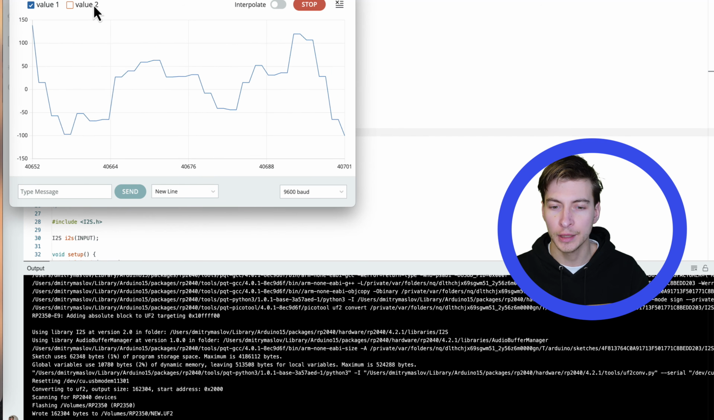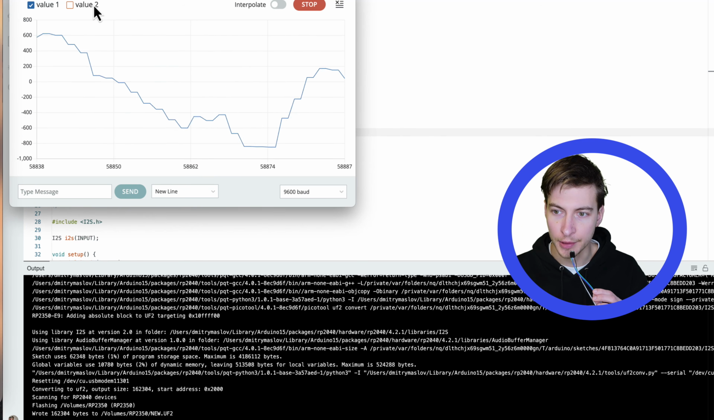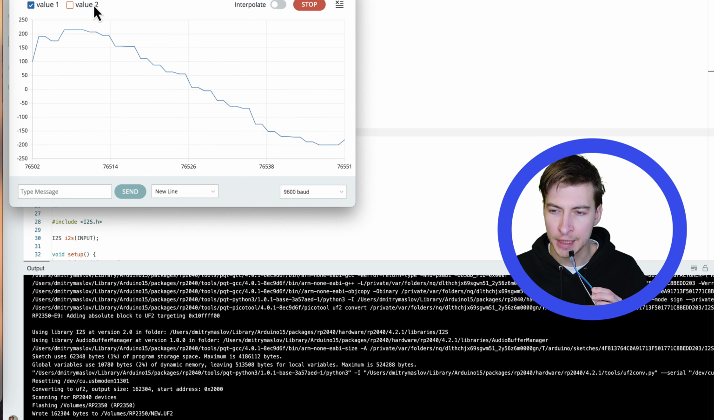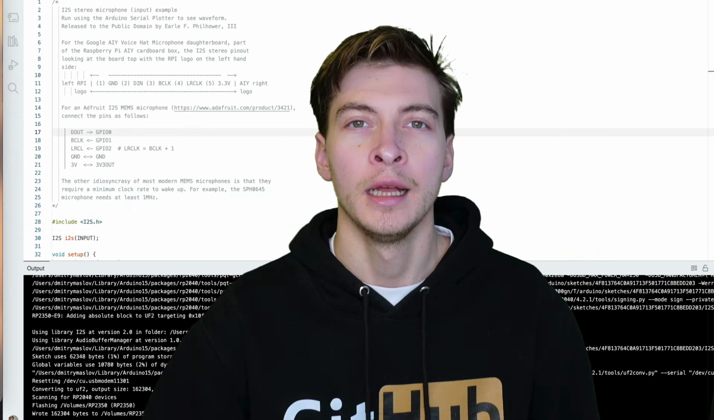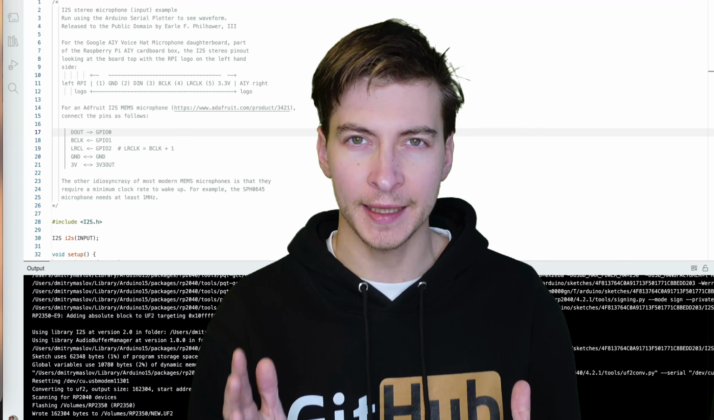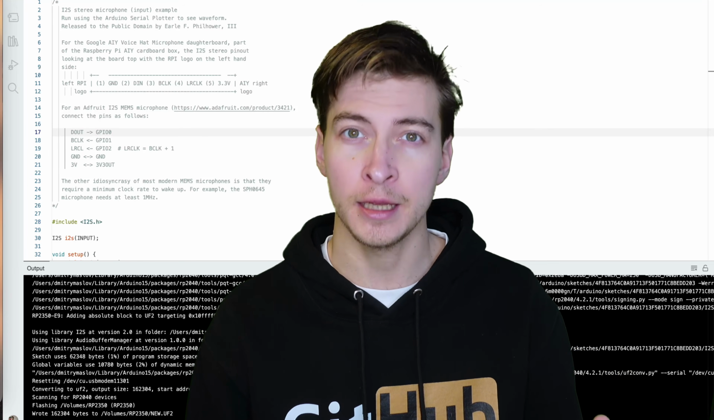Okay, so you will see the sound wave on a serial plotter. You can see that the range is getting much larger if I speak near the microphone, which is a good sign always. Now, why do you want to start with this dull example